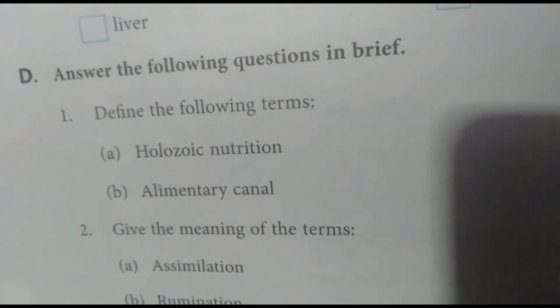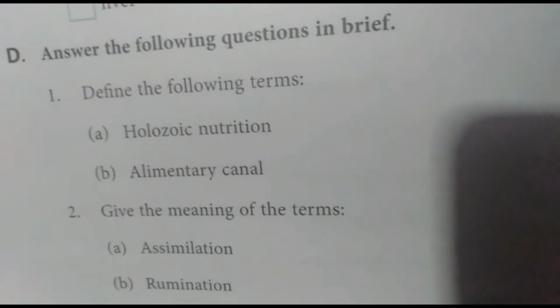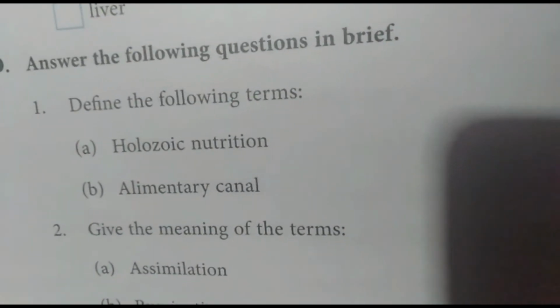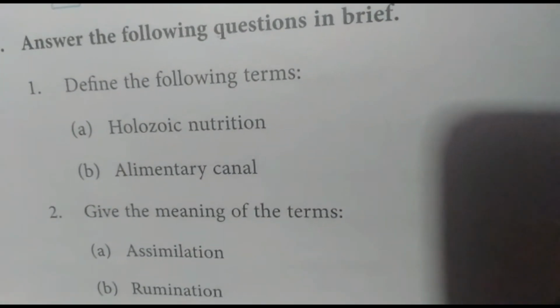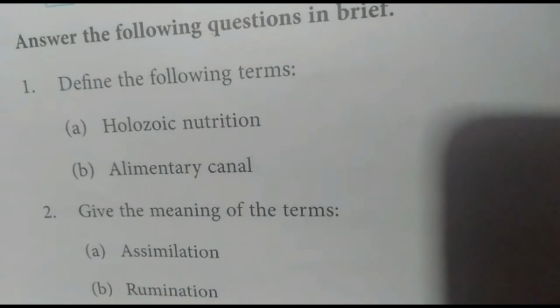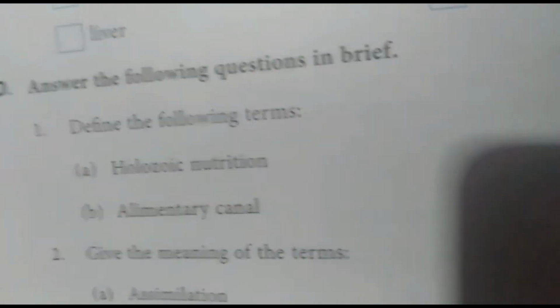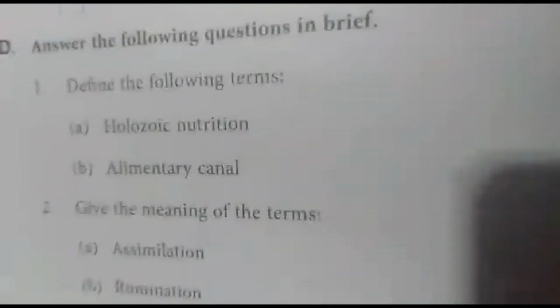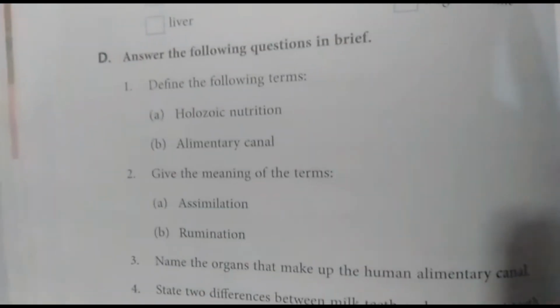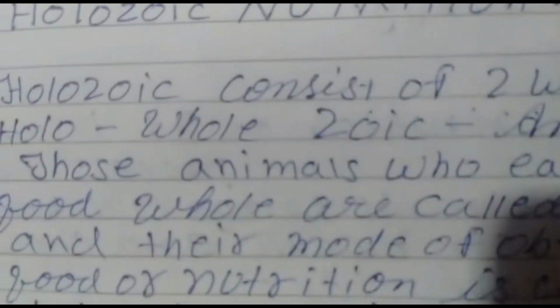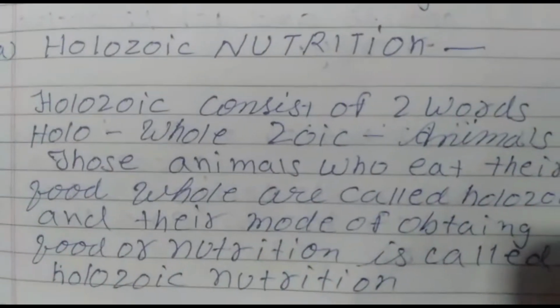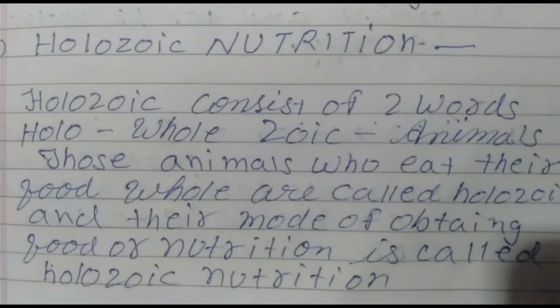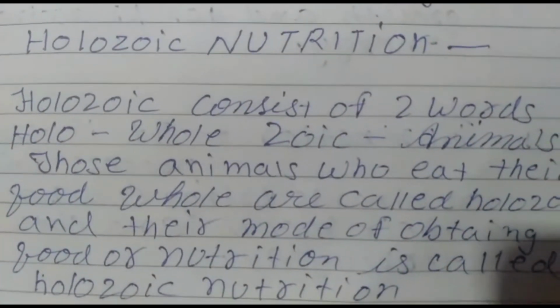Now next we have to answer the following questions in brief. So in this session we will discuss the first question, that is, define the terms holozoic nutrition, alimentary canal. So let us discuss the first, that is the holozoic nutrition. Holozoic consists of two words,